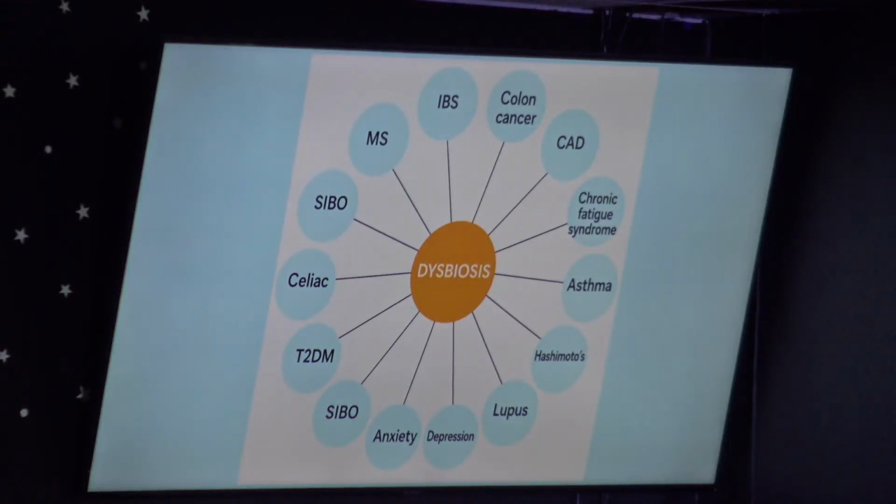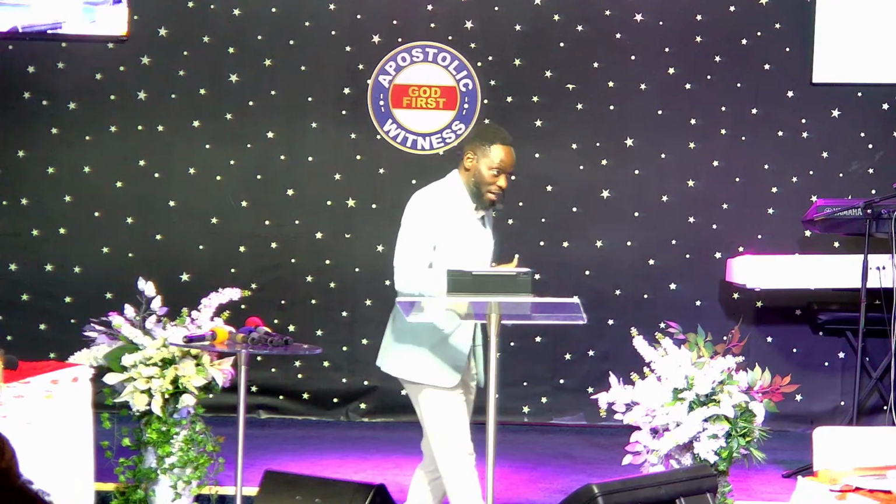And you may be surprised to find anxiety and depression on here. Anxiety and depression are linked to the gut. Did you know that 90% of the hormone serotonin, which helps to maintain our mood, is produced in the gut? 90%. The remaining 10% is produced in the central nervous system, the brain. So when you have an unhealthy gut, the factory is down. If the factory is down, it doesn't produce its product, no doubt you have depression, anxiety, and